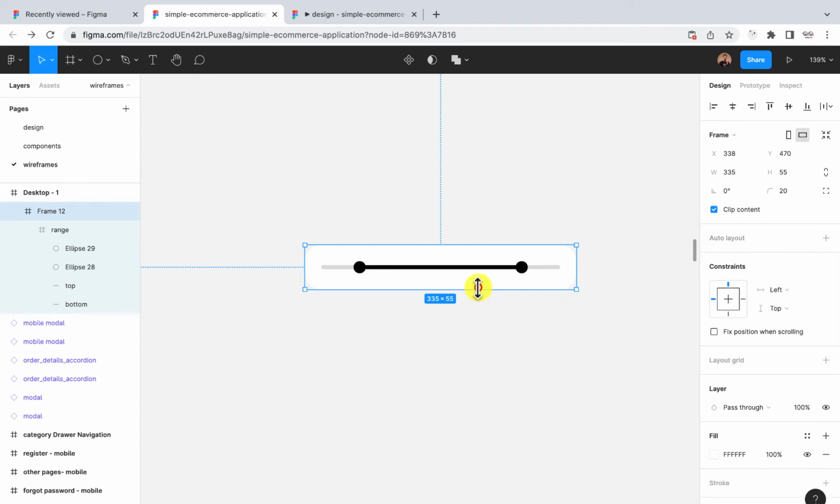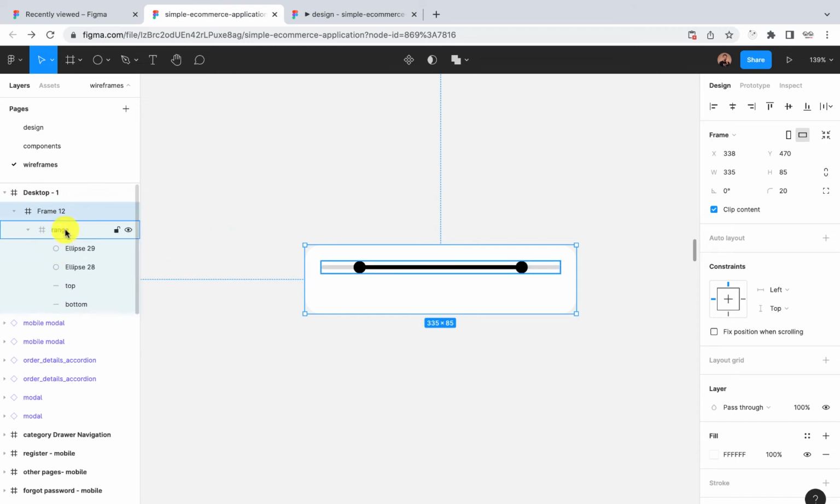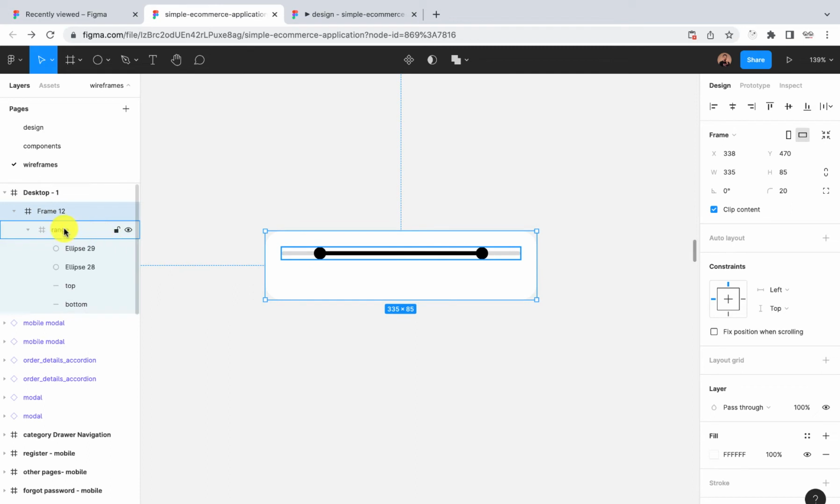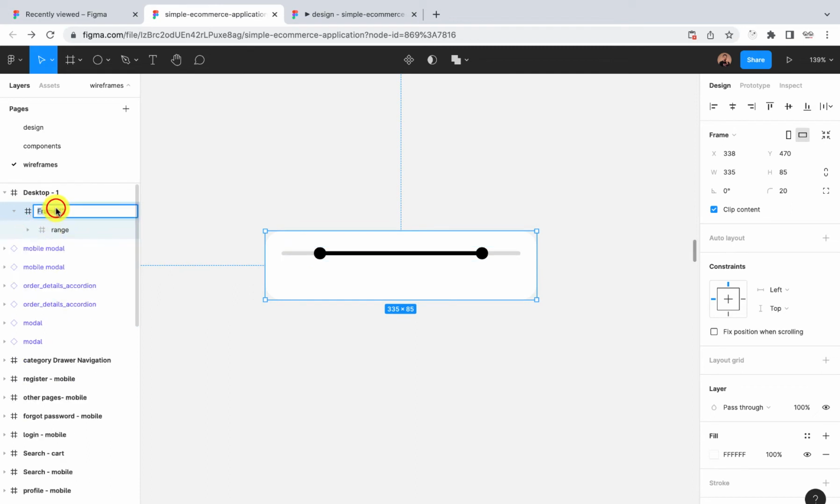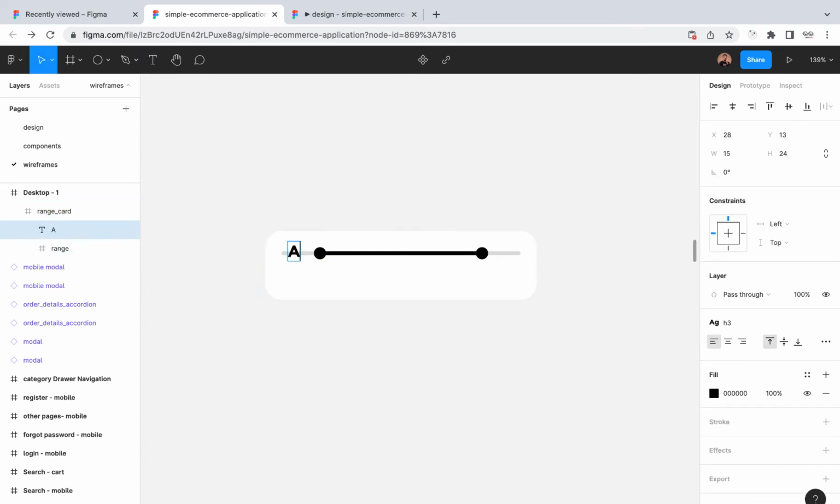I definitely don't want it to have auto layout actually, so just doing that. So I'll do this now. Once we have this, let's call this one range card, for example. This is where I'm going to add apply. So I'm going to add stuff like this. I'm going to write price,